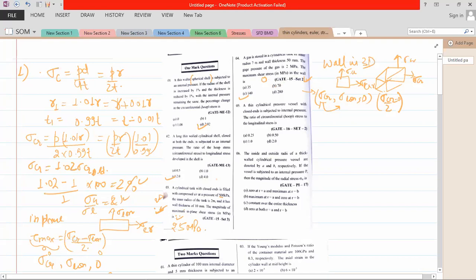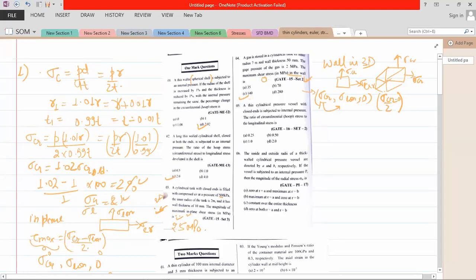And in the same year, look in set 2 and in set 3 they asked the question, in plane they asked, and again they asked in the wall. So you need to know what the difference is. Please respond if you understand the difference between in the plane and in the wall. These things I cannot teach in theory because there are very many things, but when we do questions we can know the difference, how they are setting the questions. So you can also get 70 megapascal, but that is not the correct answer. The correct answer is 140 megapascal.